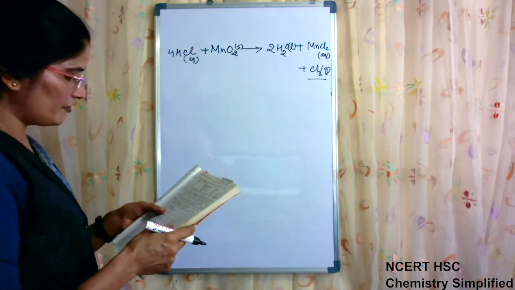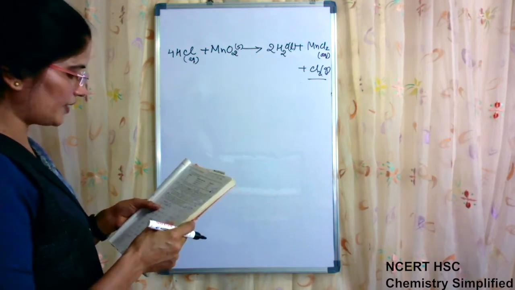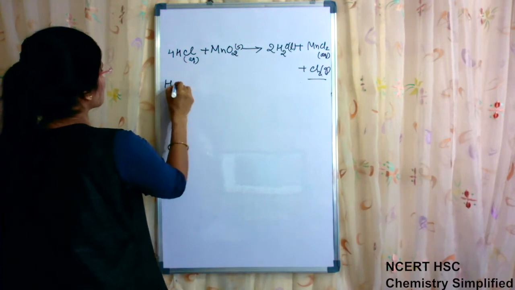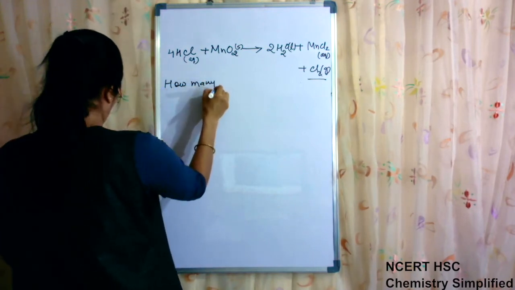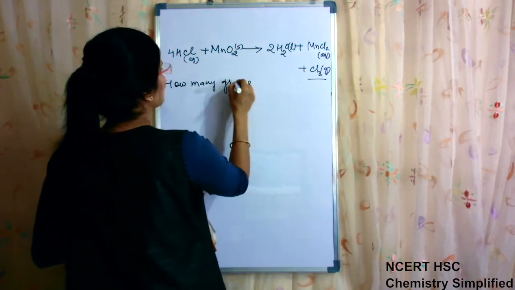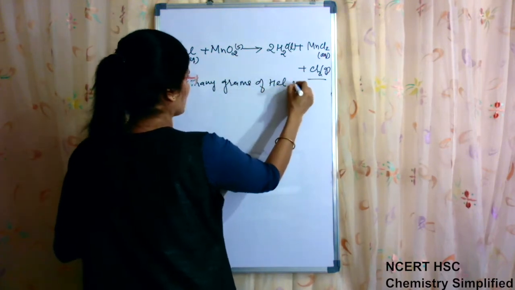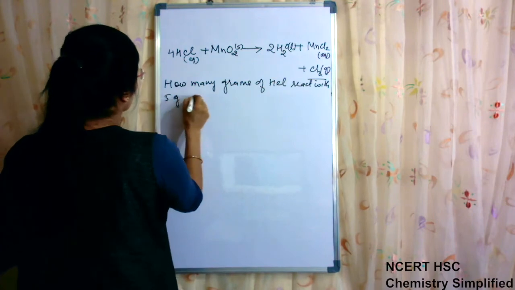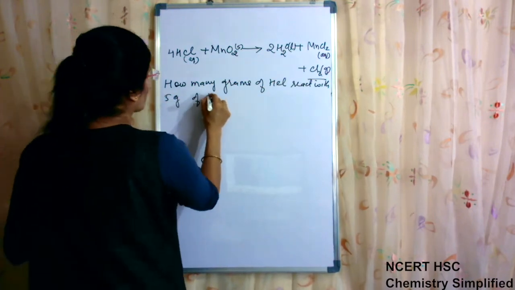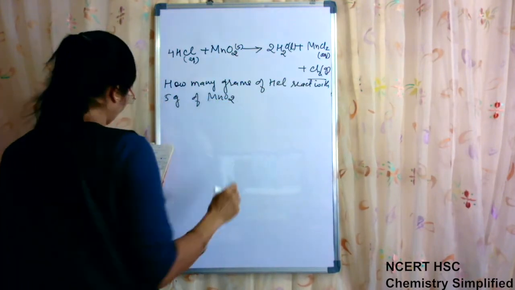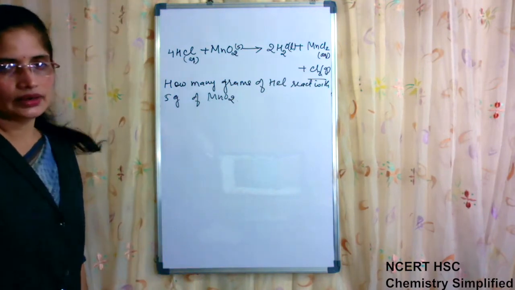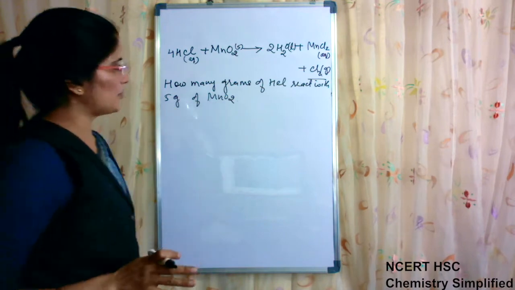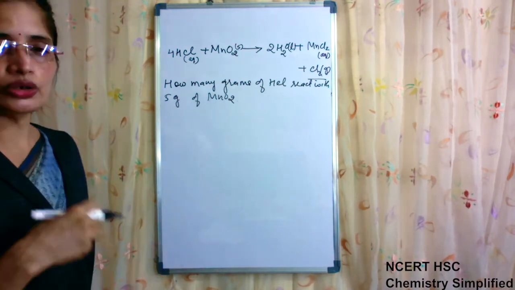How many grams of HCl react with 5 grams of manganese dioxide? Now the part which we have to do is how many grams of HCl react with 5 grams of MnO2. Okay. Now again, how many grams of HCl will react with 5 grams of MnO2 to produce how much